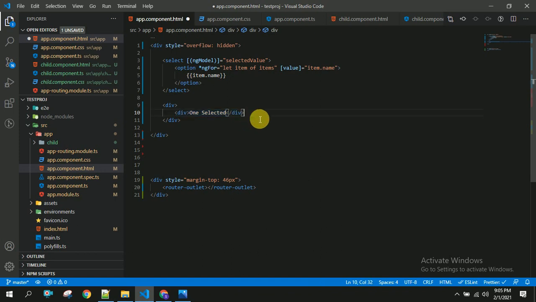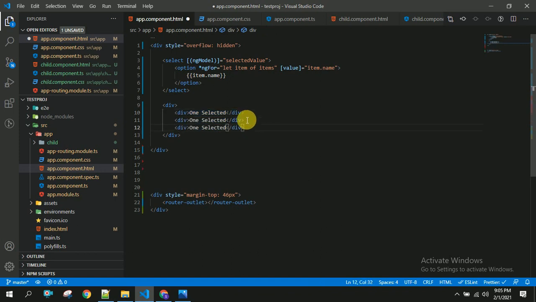And I am taking 2 more divs. One is for 2 selected and another one is default, like none selected.